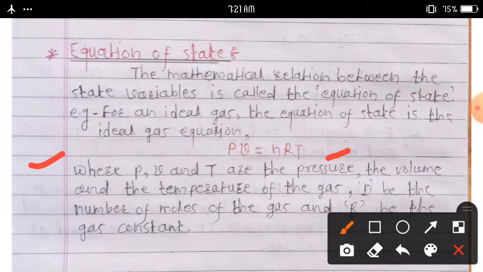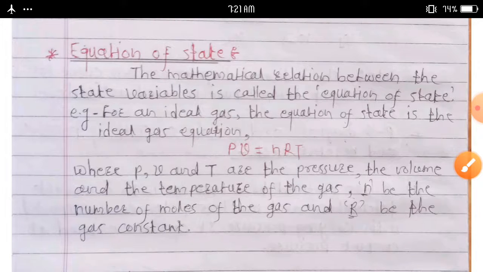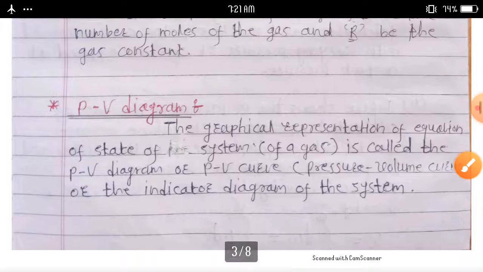where P, V and T are the pressure, the volume and temperature of the gas, n is the number of moles of the gas, and R is the gas constant. This mathematical equation or this mathematical relation is called an equation of state. Then we consider